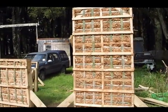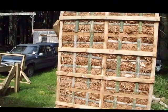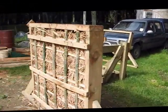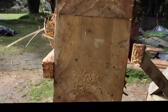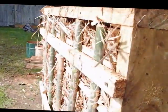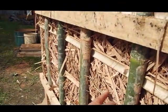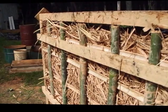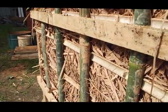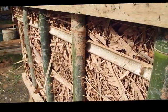So yes, a very good result. One thing I've just noticed is I only just took the tarp off this. This is a 6x2 test panel here, so these walls are going to end up much thicker, but with just half an hour of sun, the dampness... this test panel got caught out in heavy rain. I didn't get the tarp on fast enough yesterday, but something I think is a property of the cutty grass